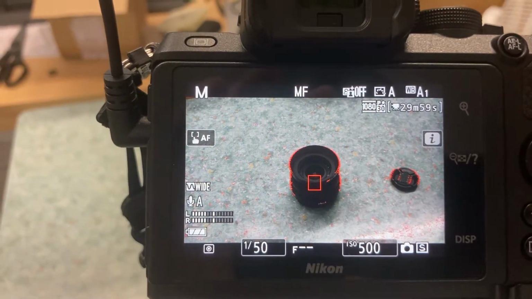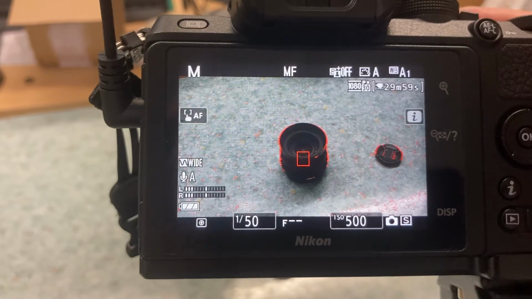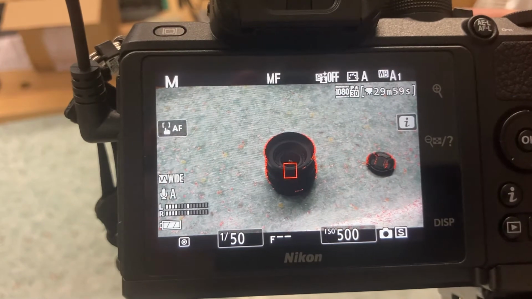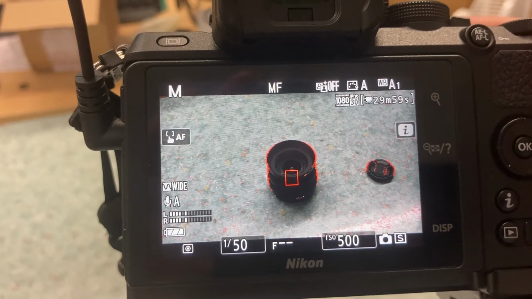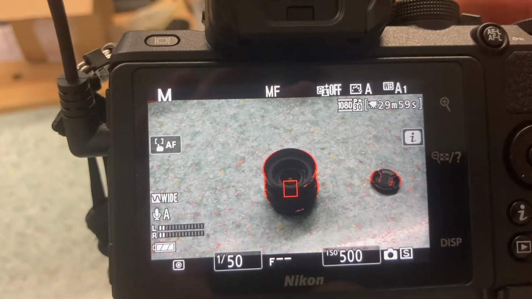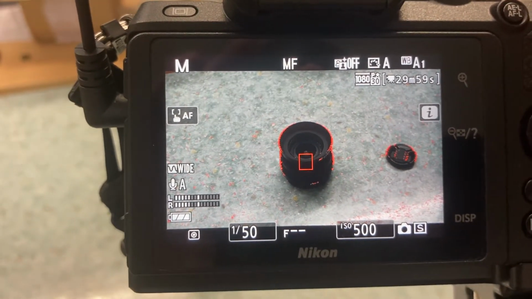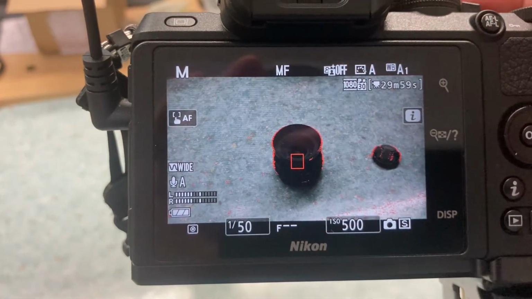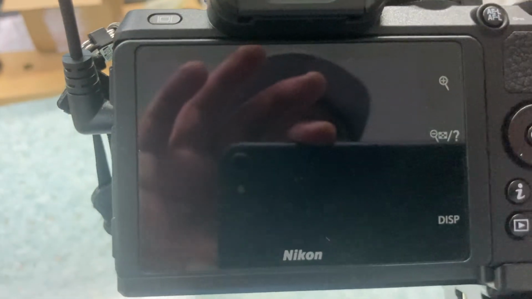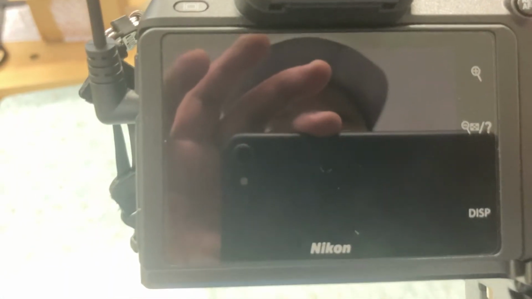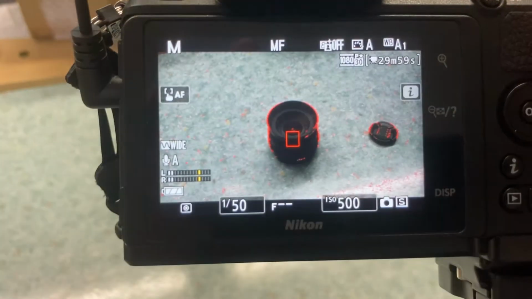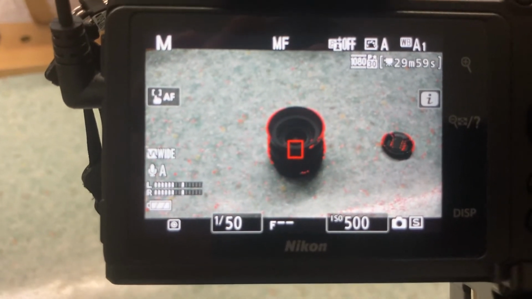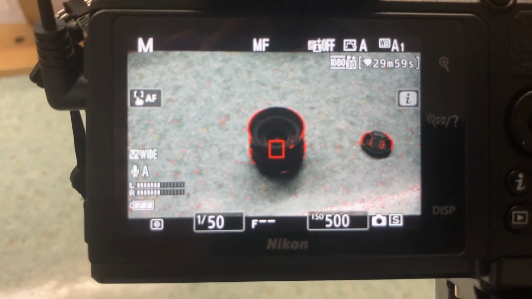Another thing you need to control is the ISO number. Here I want to set the ISO to be 500. It depends on your setting. First of all, if your camera is set to auto ISO, then you need to change back to the ISO setting. So how to change back from auto ISO to controllable ISO?